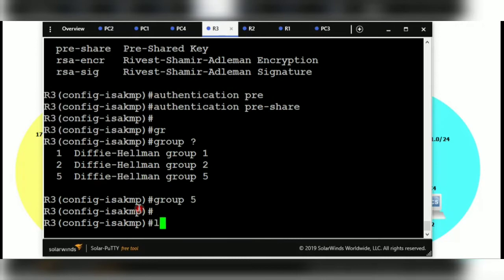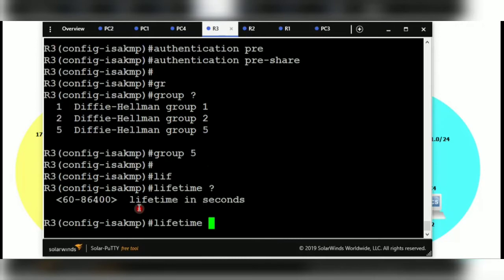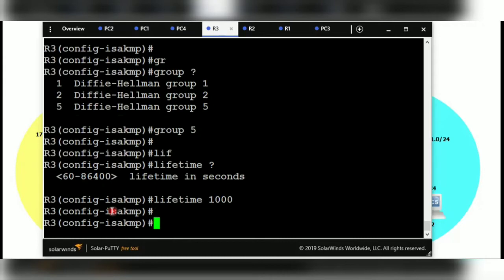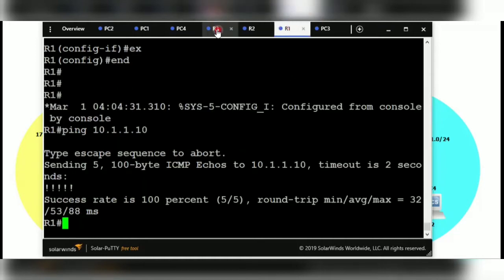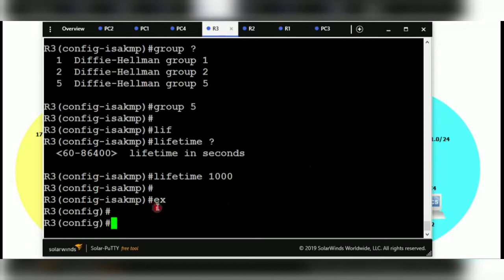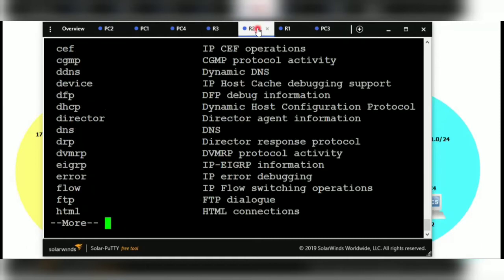Next, lifetime. The range is between 60 and 86,400. I'm going to give 1000. The policy has been created now. So on R1, on site 2, the ISAKMP policy, the IKE crypto policy has been created. So let's go to